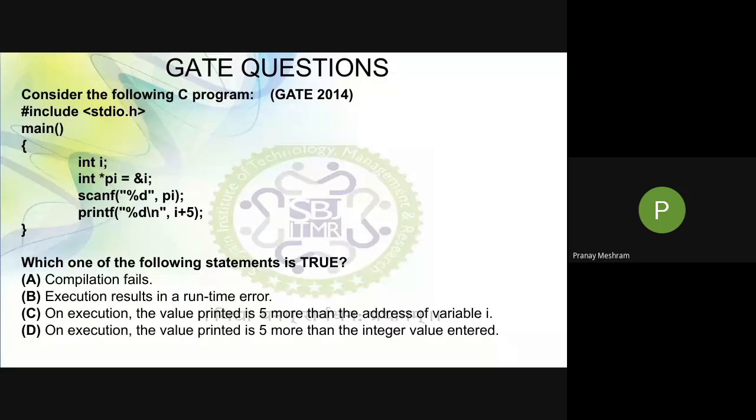तो ऑब्वियस सी बात है कि जो भी आप इनपुट करोगे डेटा उससे 5 ज़्यादा वो प्रिंट होगा, है ना। तो लास्ट ऑप्शन है ऑन एग्जीक्यूशन द वैल्यू प्रिंटेड इज 5 मोर देन द इंटीजर वैल्यू इंटर्ड। ये सही है। तीसरा ऑप्शन सी है, वो क्यों नहीं है वो समझाता हूँ मैं आपको। क्या लिखा है उसमें, ऑन एग्जीक्यूशन द वैल्यू प्रिंटेड इज 5 मोर देन द एड्रेस ऑफ वेरिएबल आई।